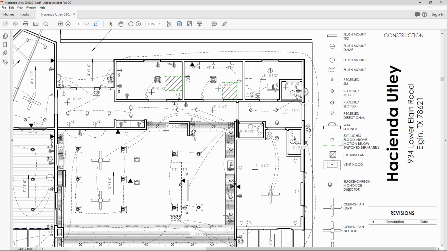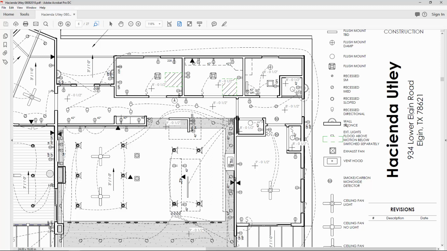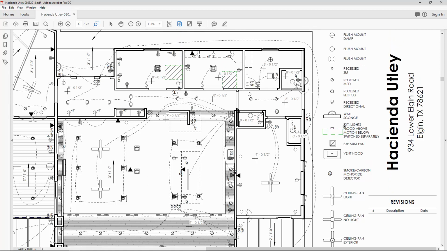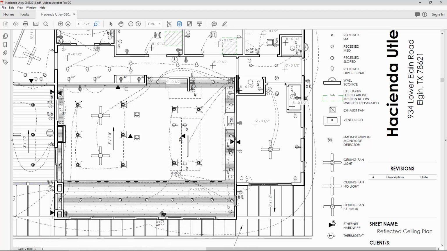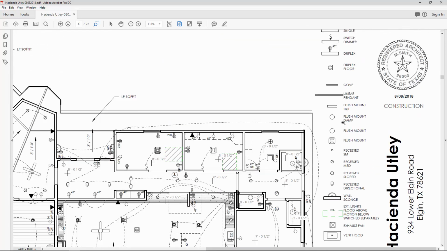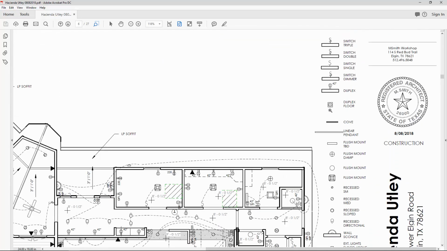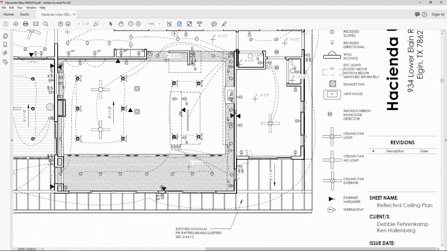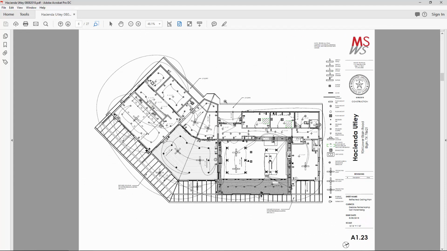Now I didn't do a lot of dimensioning, we did a lot of on-site coordination with this, but you can see the different options for that. There's a smoke detector, and we have various different options for the duplex and other settings. Okay, so that's about it for now. We'll come back